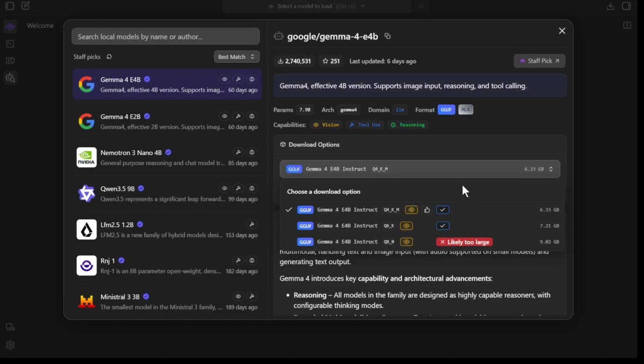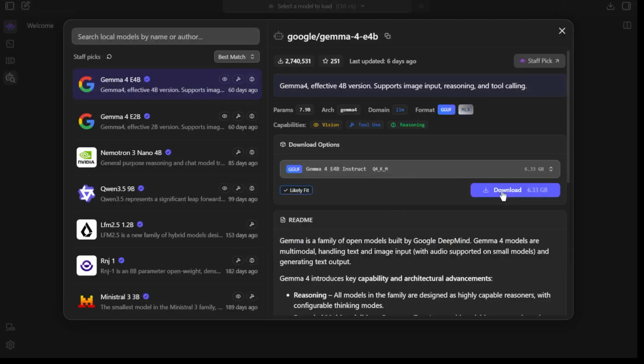Now don't let the technical terms scare you. Think of this as a compression. If you have 8 GB of RAM, go with the Q4_K_M. It's a sweet spot between performance and the size. If you have 16 GB or more, feel free to grab the larger version like Q6 or Q8 for even better accuracy. I'm just gonna stick with the Q4 version and click on the download button to start the downloading